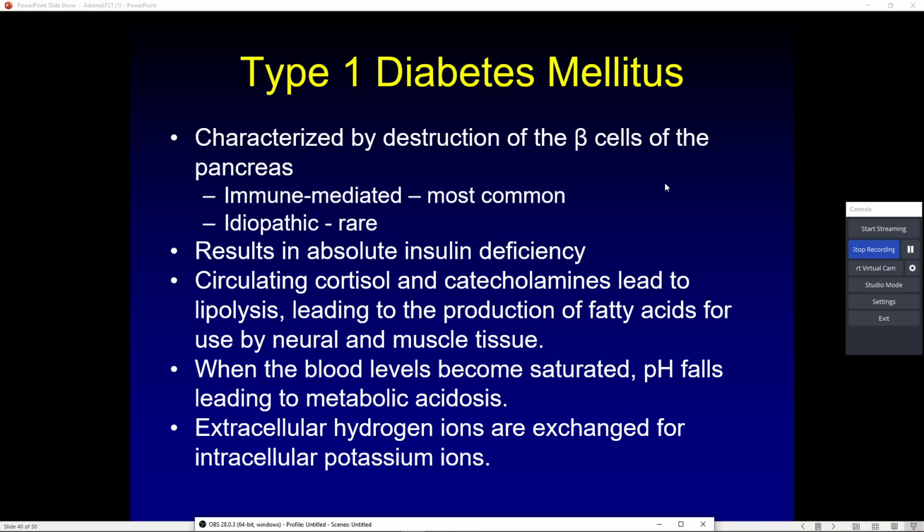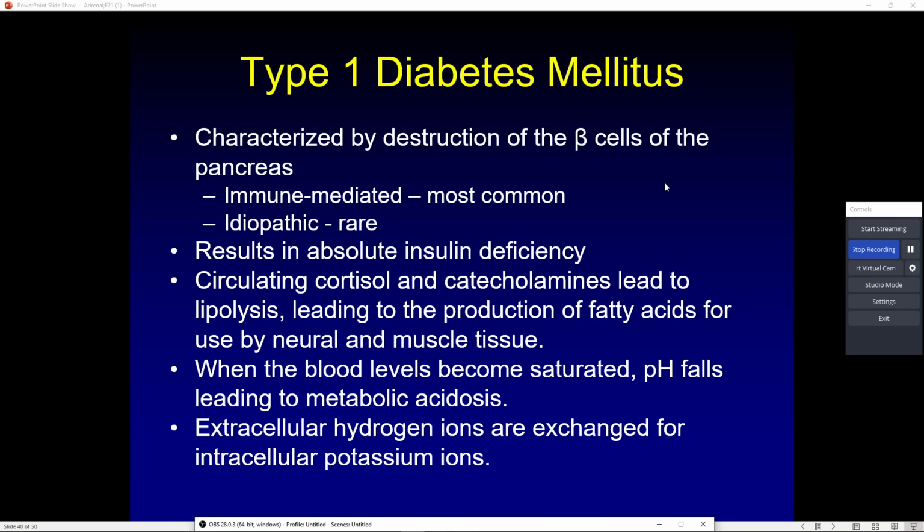So what happens? We can't use the glucose because we don't have insulin. So our body's like, what's the next thing we can break down, guys? They start breaking down fat cells or fatty acids so that they can use the sugars in there and start chaining again. As we break down these fat cells, we lyse these cells, the lipolysis occurs, and we start dumping ketones as a byproduct of the lysis into the bloodstream.